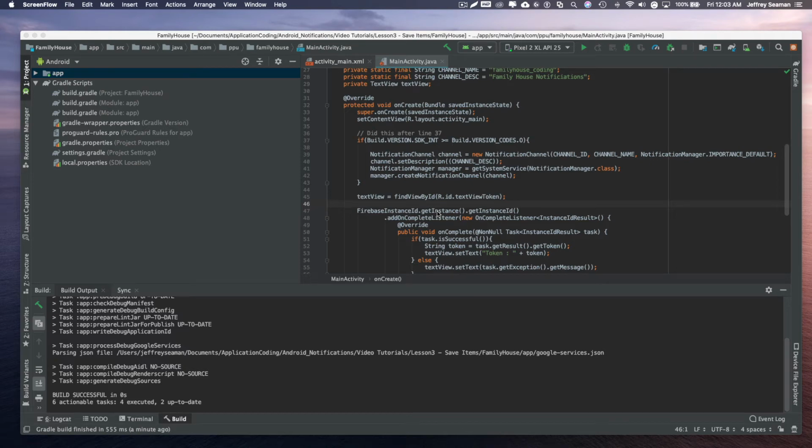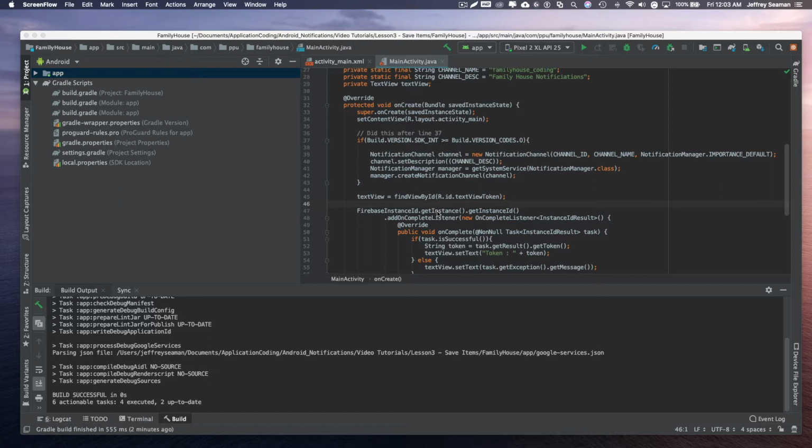This video will be talking about how we save our items. In a previous video, we showed how to detect the device ID, the unique ID. In this video, we're going to change our code around a little bit and save the unique ID. We're also going to pick up the operating system and the token as well, and we're going to save that